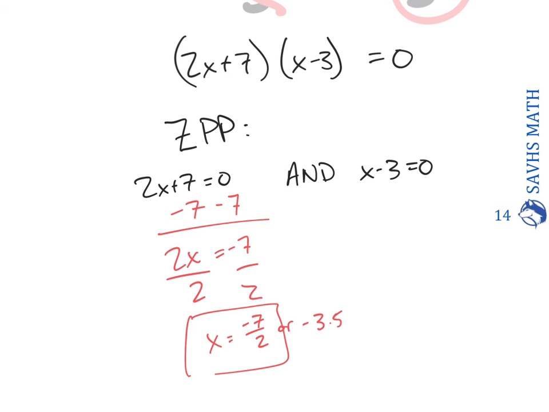X is negative 7/2. I get x is 3. Your two answers are negative 7/2 and 3. Okay, so I know that this was sort of like so many different example problems, but I really wanted